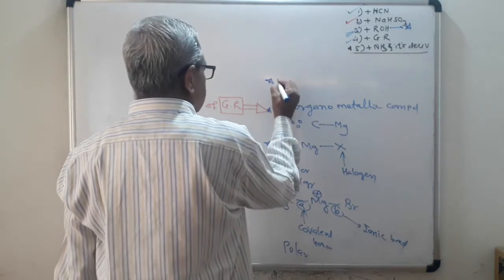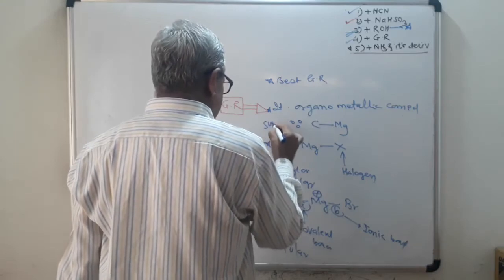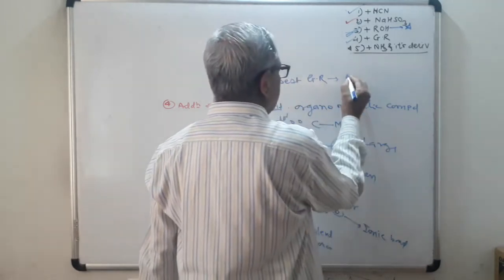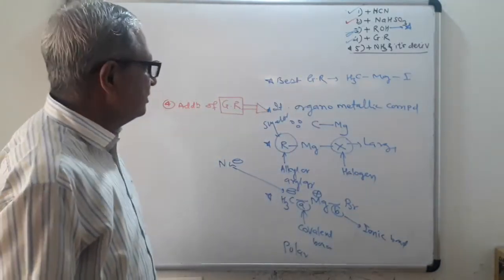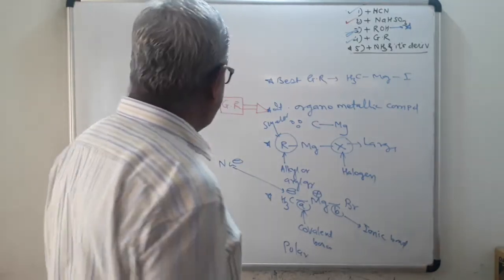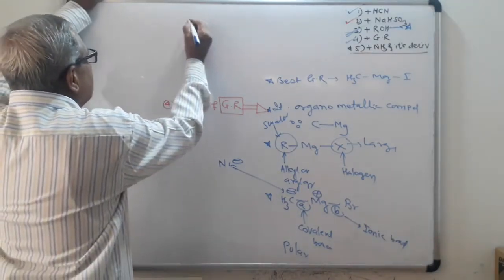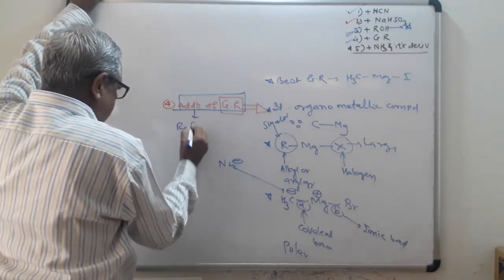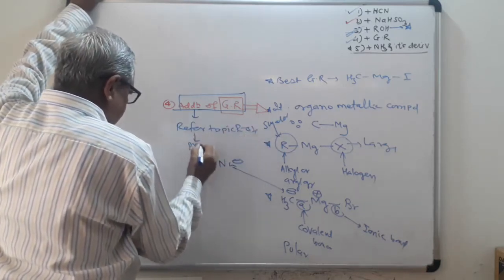The next question, which is the best Grignard's reagent. The R must be smaller in size and X must be larger in size. Therefore, the best Grignard's reagent is methyl magnesium iodide, that is CH3MgI. So these are the important questions on the Grignard's reagent. Addition of Grignard's reagent to aldehyde and ketone. So I will directly set the question. Refer to the topic alcohol, under the title preparation.